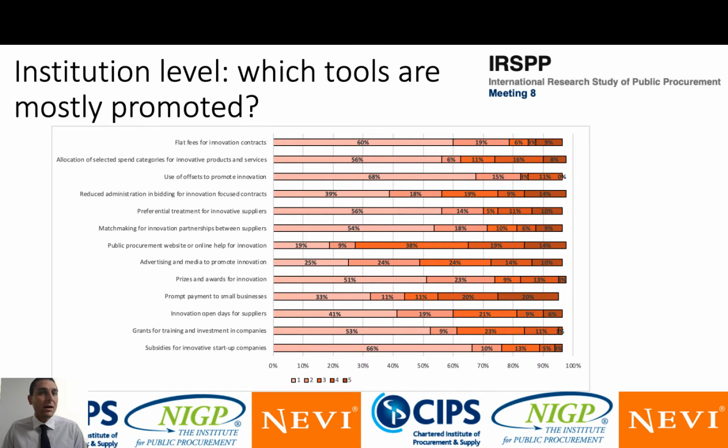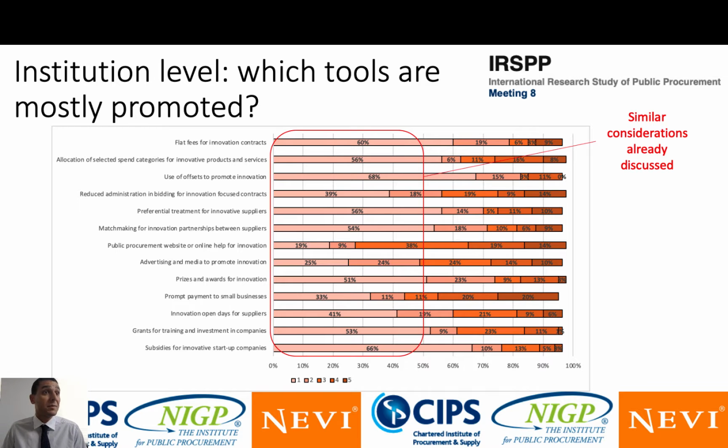According to this, we asked which type of tools were mostly promoted in your innovation policy at public procurement in your institution. And as you can see here, we don't have any different consideration than those made for the project. So most of the tools that are traditionally recognized by literature seem to be underused or not included, not considered at policy level at different institutions. You can see that here the bar doesn't reach 100% because there are some missing answers. So the fact that we don't have the full response on all the data sets is because some of you, probably those that didn't answer about the awareness of the innovation policy, were missing to give an